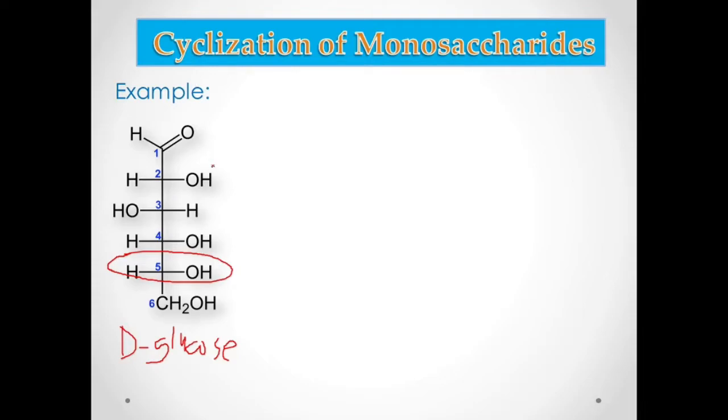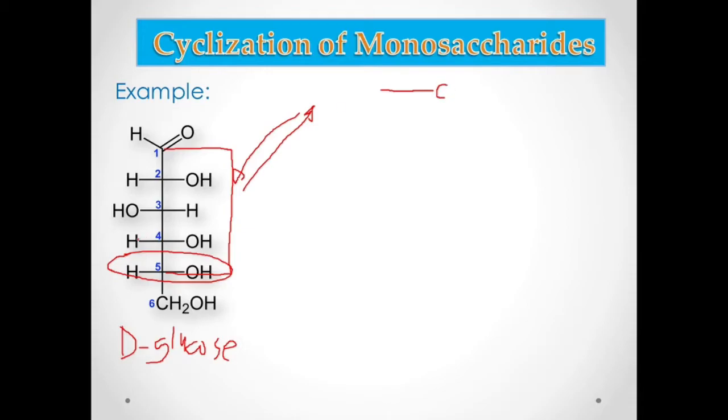Remember the first mechanism: your carbon number 1 will interact with the chiral carbon that is farthest away from the most oxidized group, which is on carbon number 1. So that is carbon number 5. Carbon number 1 and carbon number 5 will react with each other, so we will have to rearrange this. Your carbon number 5 will be found here.